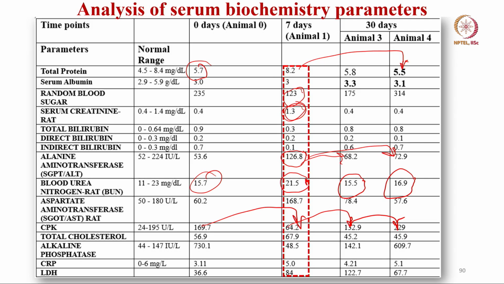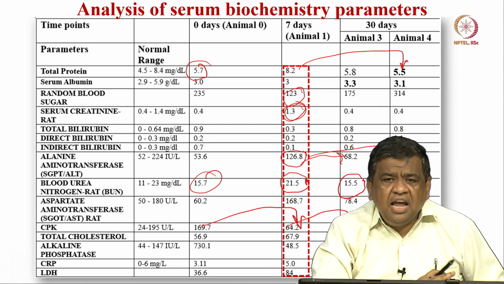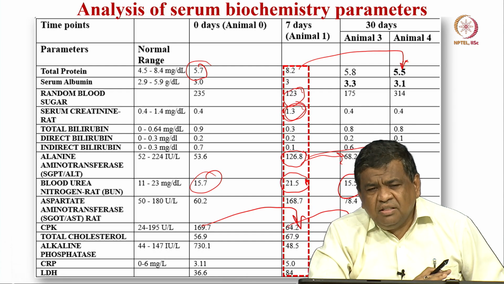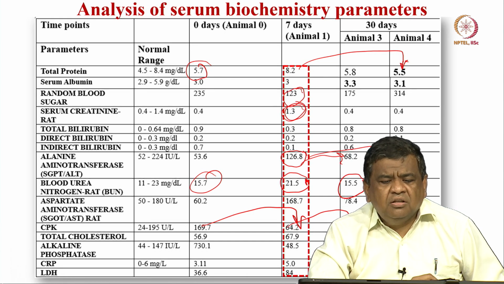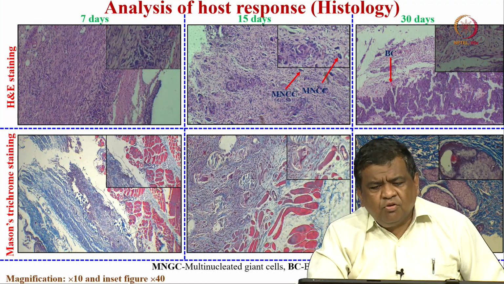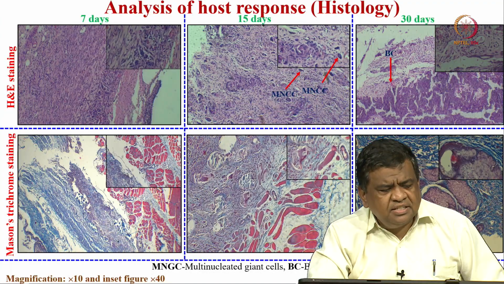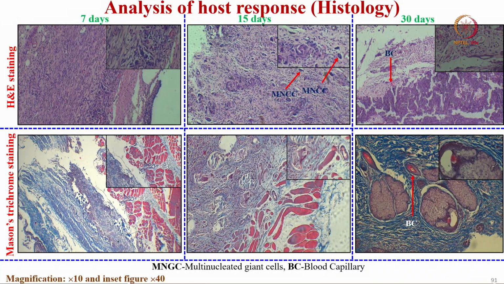So, what it means is that when all this degradation product from these scaffolds is biodistributed, the serum biochemistry parameters essentially indicate that the animals again regain their normal physiological serum biochemistry parameters at the end of 30 days of the total implantation study. So, for analysis of host response, you can see the histology analysis, with different types of staining agents we have used. One is the H&E staining and another one is Masson's trichrome staining.